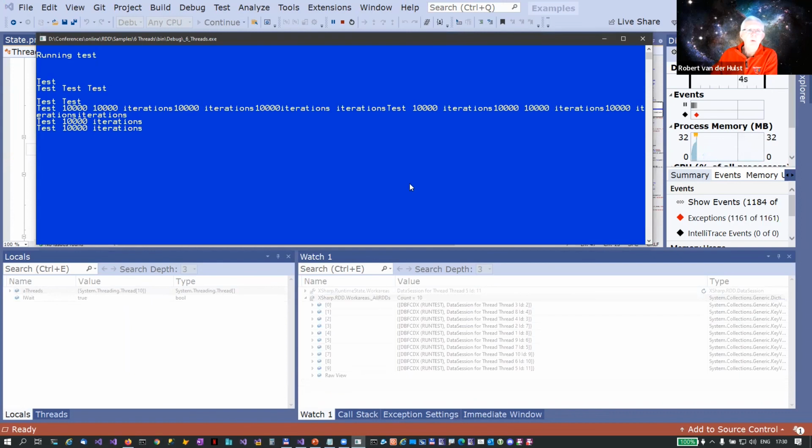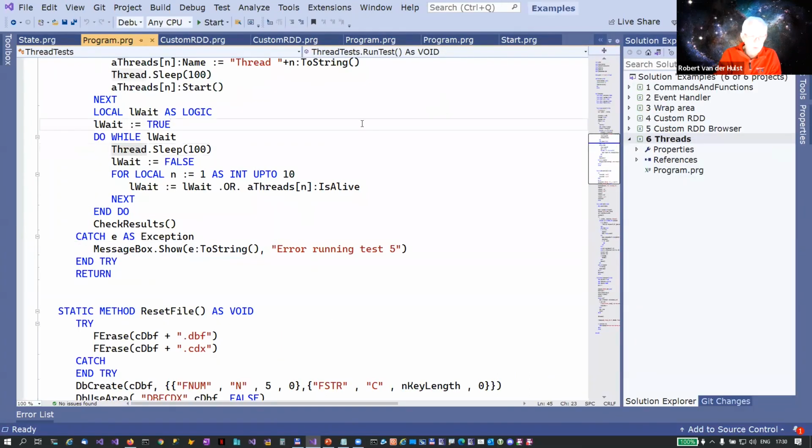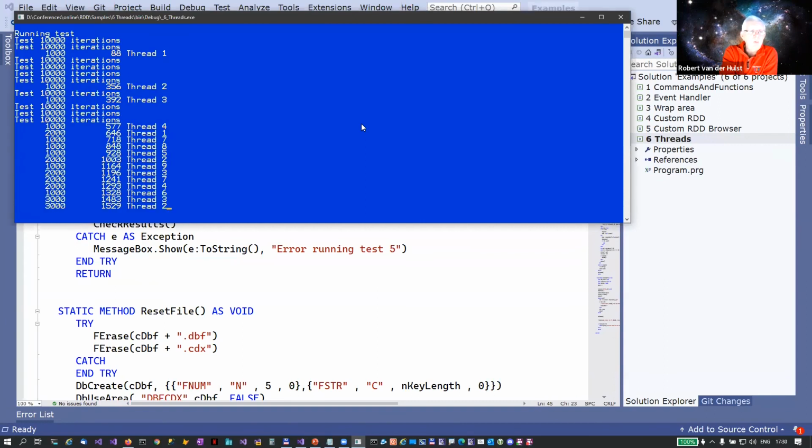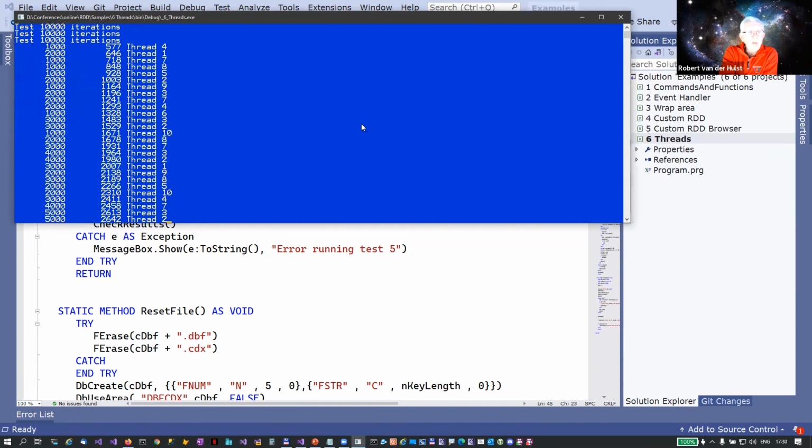Now the output on the console is a bit distorted because using the console for output in a multi-threaded app is usually not a good idea. And the fact that the debugger is running now sort of also stops basically the process. The debugger itself interferes with the threading, but as you can see, if you run it without the debugger, it runs smoothly. And well, you have no idea which thread gets called why, but Windows takes care of that, but it